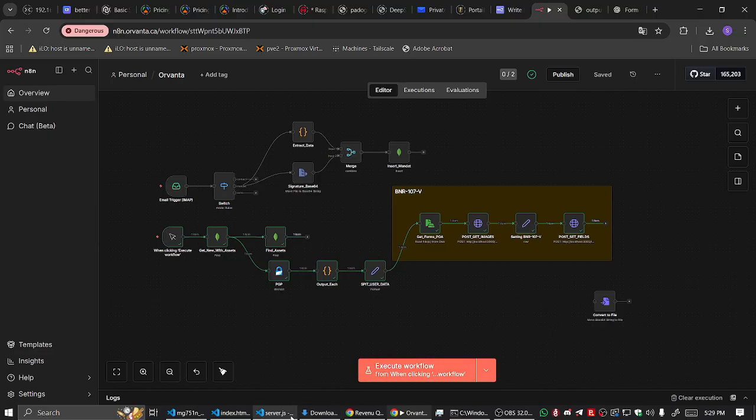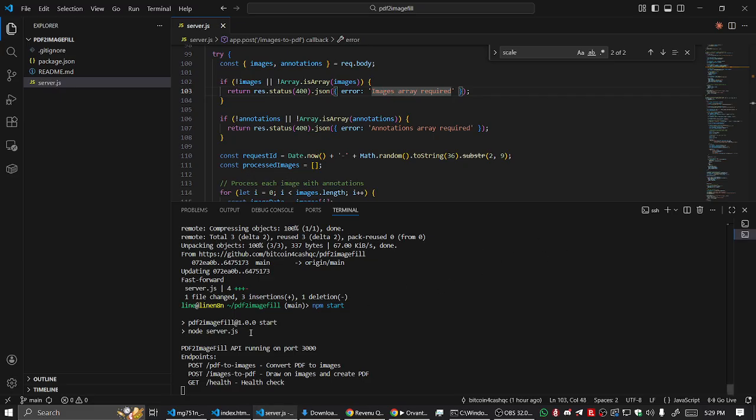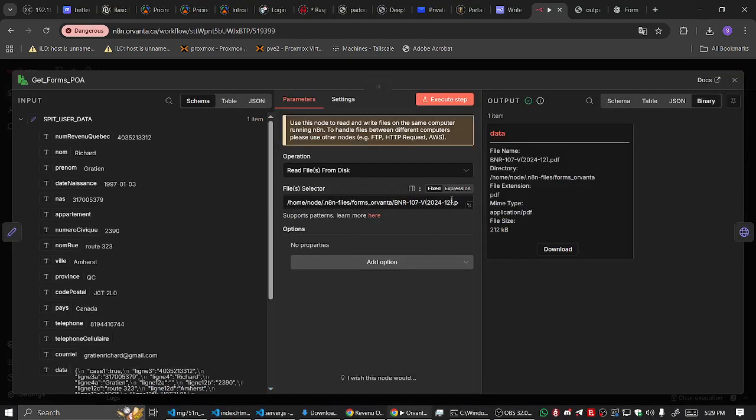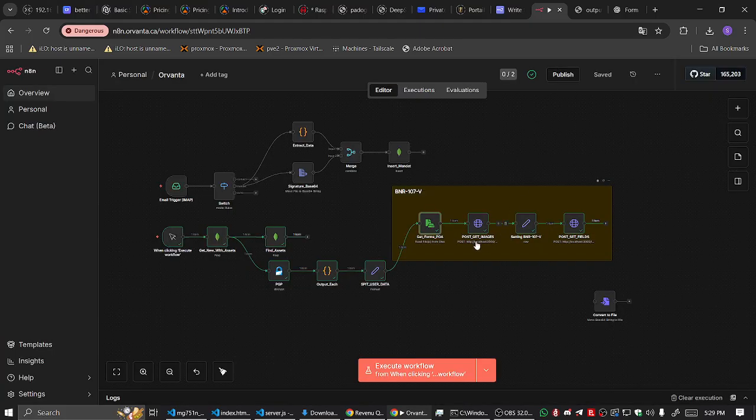So I found a solution, which is basically I have this endpoint running. I'm able to convert PDF to images, and then give back images, draw on images, and then recreate the PDF. So what it looked like is basically this is the form, the non-fillable form, just PDF. There is some stuff here that is not related,